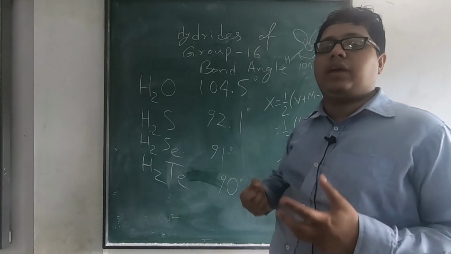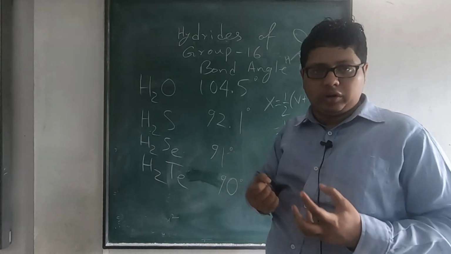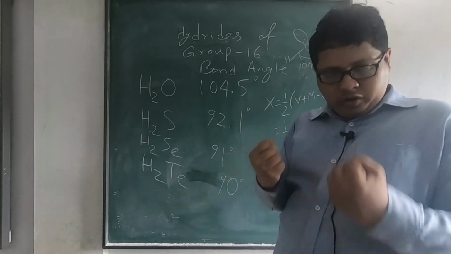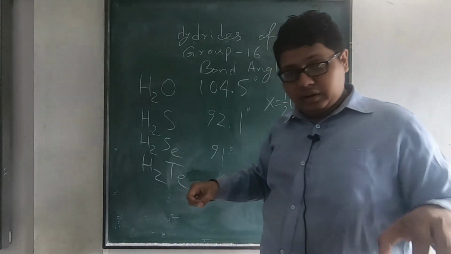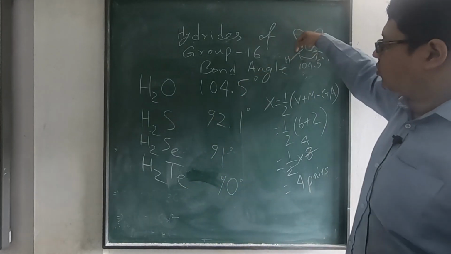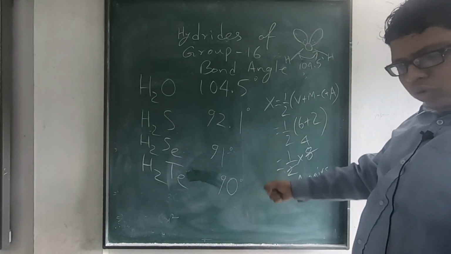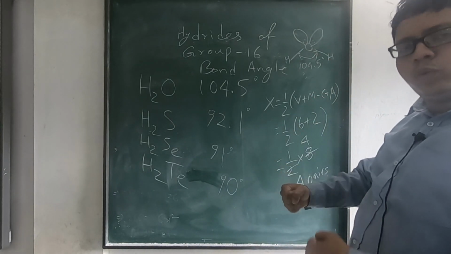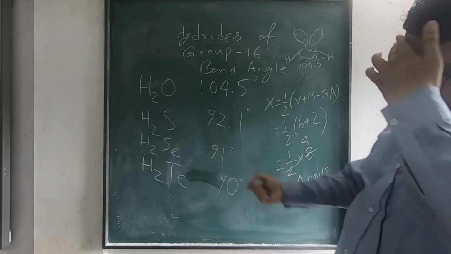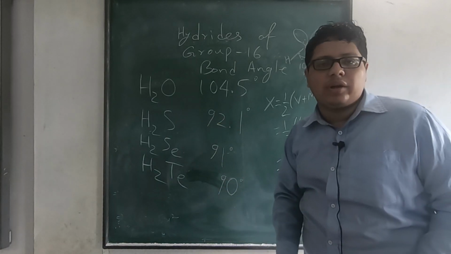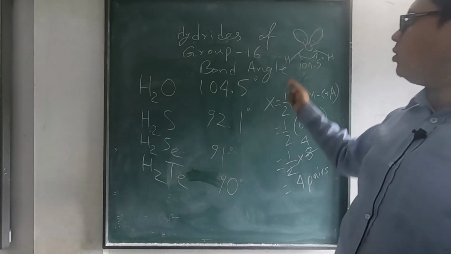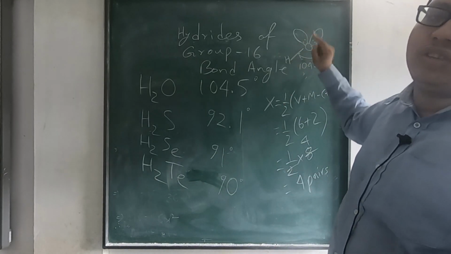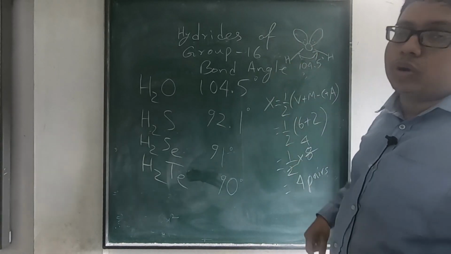Those who are electronegative can pull electrons more strongly, right? The tendency to pull electrons more strongly. So what happens in this case? The oxygen lone pairs are pushing the bond pairs, but they're also held tightly, so they cannot push as much. But if we think of sulfur, it is less electronegative, so the lone pairs in sulfur, in the same situation like this, if I write just sulfur instead of oxygen, it will push more.